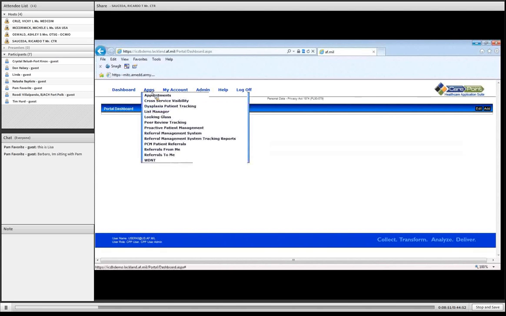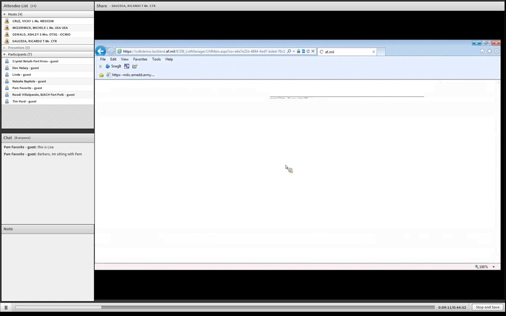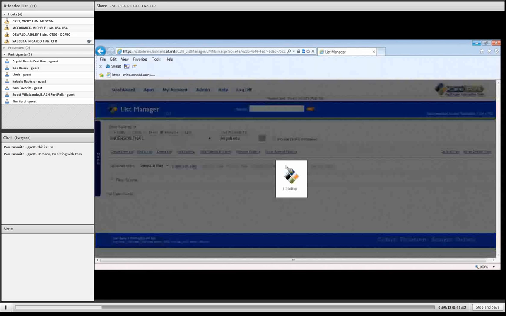I'm going to go to my apps, which brings up all the applications I've selected in setting preferences. Highlight List Manager. Now I am in my List Manager